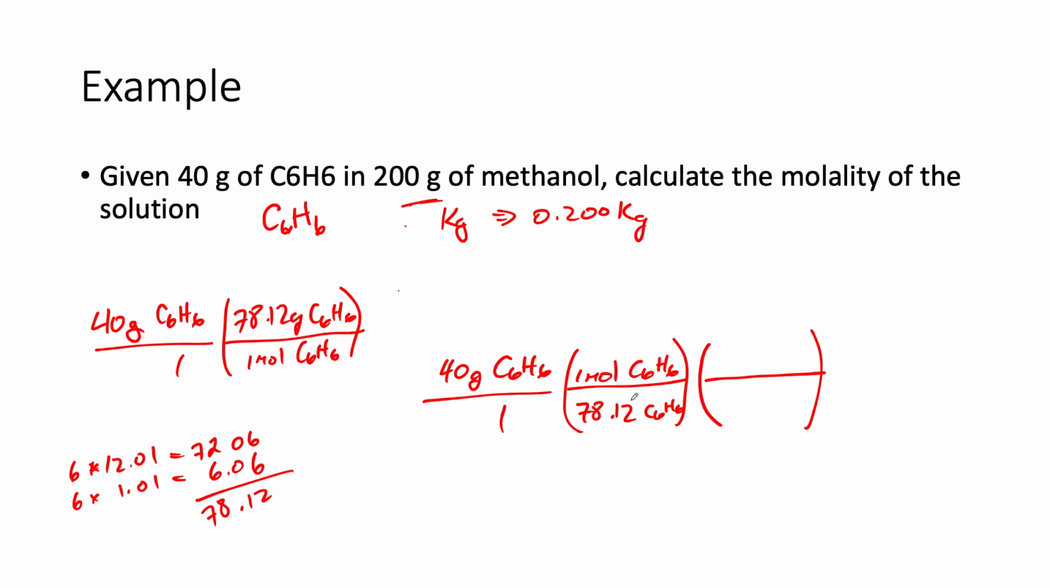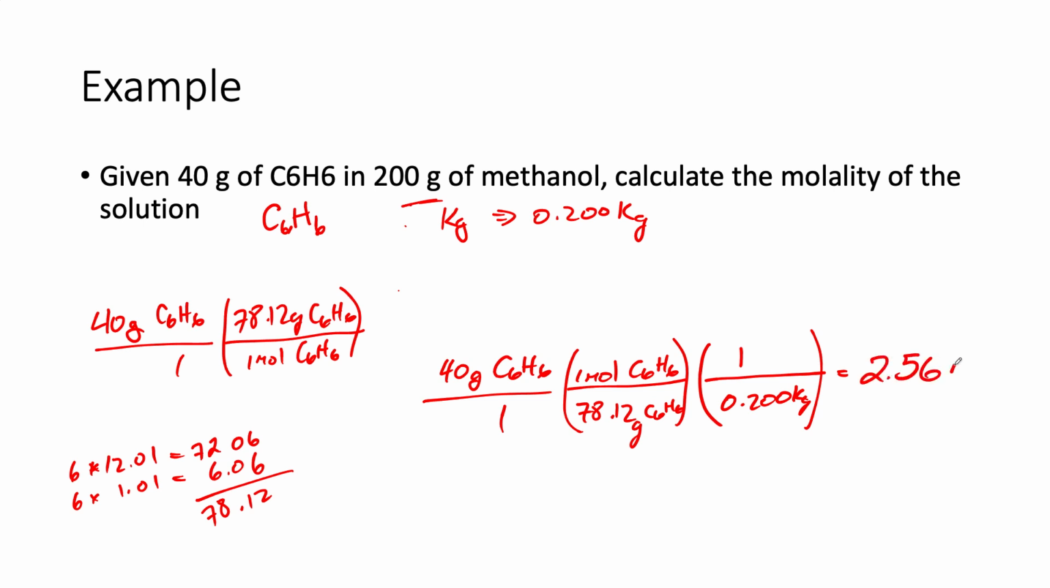Now, when you do this calculation, remember these are grams. Grams cancel. We end up with moles. Then we want to convert the moles to molality, and we need to divide by the kilograms of solvent, which is 0.2. And so when we do the calculation, we're going to take 40 and divide by 78.12. Then divide that again by 0.2, and you're going to get a concentration of